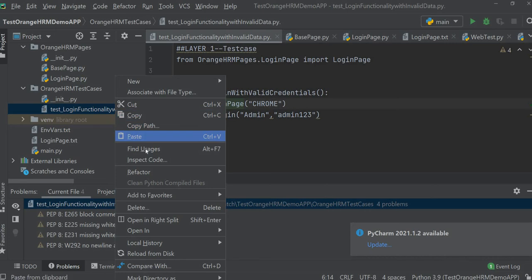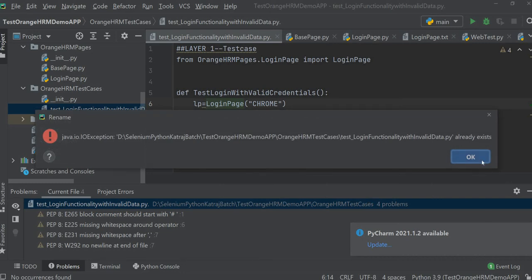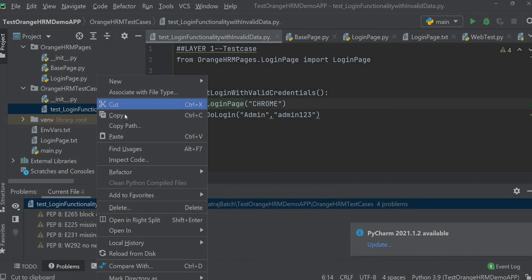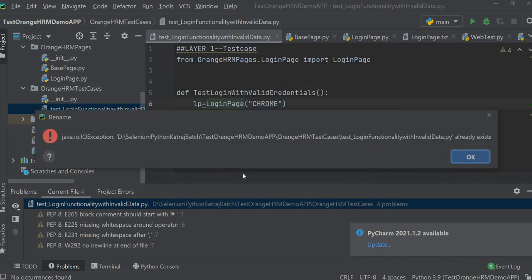Oh, okay. Just a minute. Again I need to rename it, yes, refactor. Just a minute. Already exists. Where is it?